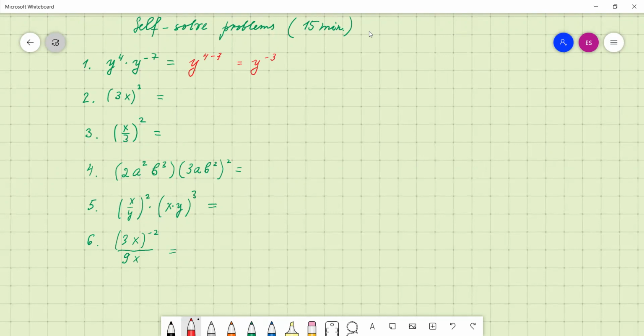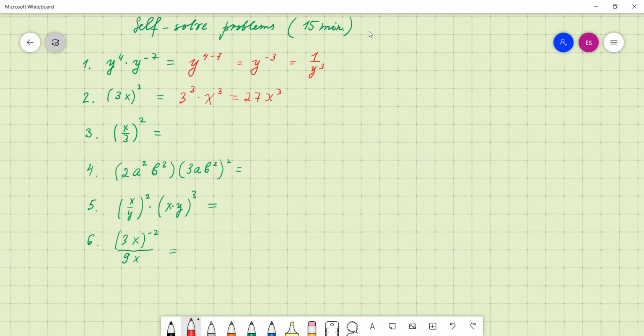Do you need to write it down as 1 over y cubed? Well, for my class, it's not necessary, but maybe in the book, the homework is going to ask you to write it down without minuses, okay? So problem number 2, we distribute the power of 3. So it's 3 to the power of 3 by x to the power of 3. And 3 to the power of 3 is 27, and x to the power of 3 is just x to